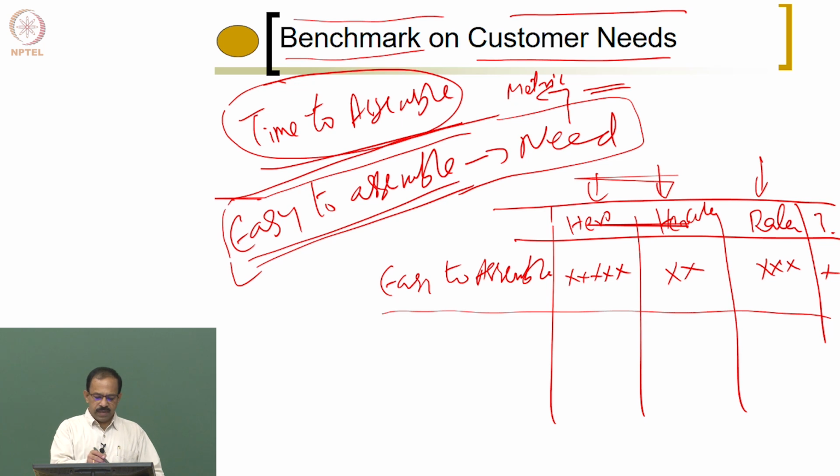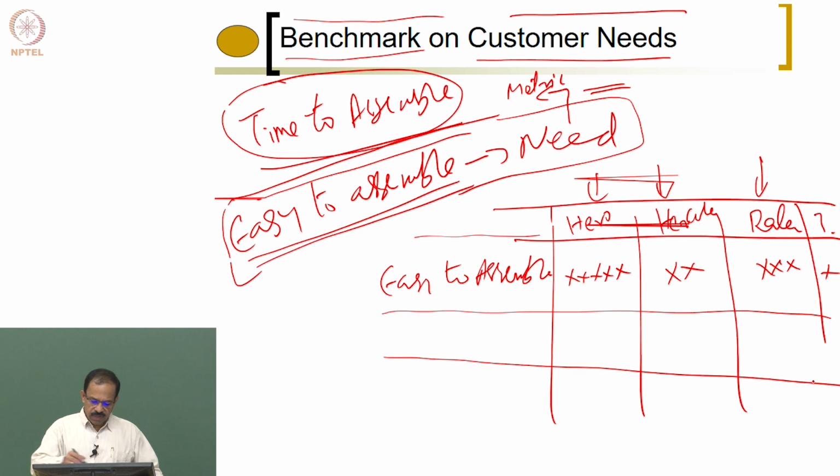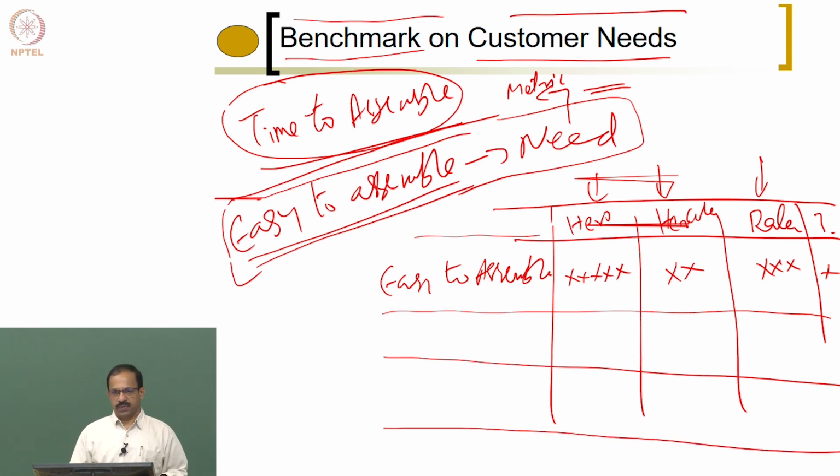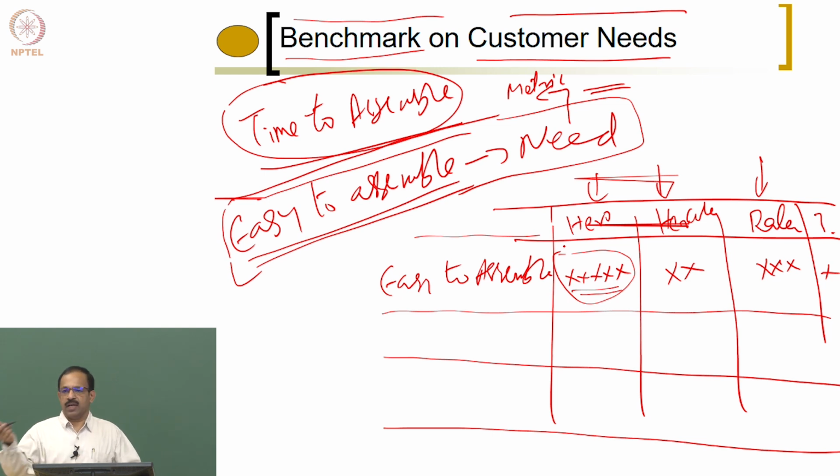Okay, so this way, you identify each need of the customer and then try to see in what ways these products satisfy the customer. When Hero has a product and customers are very happy with it, they give it a 5-star rating, saying it is very easy to assemble. And the Rally cycle is not that easy to assemble. You need to understand that when you design something, it should be equal to or better than this. So that is the understanding that you need to get from the benchmarking.